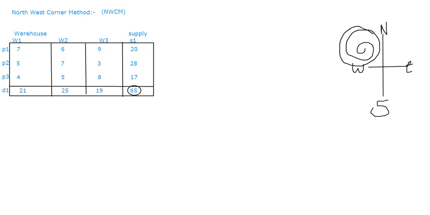So here what he is emphasizing is, first give priority to this area. You fill maximum in this area. There might be a reason they suggest it. It's not like they simply go for it. It might be that the customer's market is near to that area. If the customer's market is near to this area, then I am least bothered about the rate of the warehouse. I should be very near to my customer, isn't it? So that is the reason it is suggested to go for northwest corner, means first to fill this part.